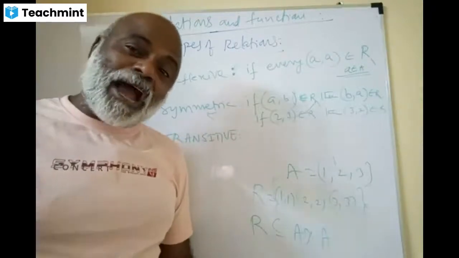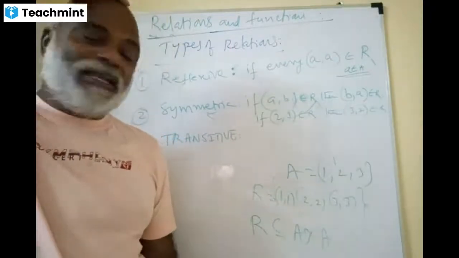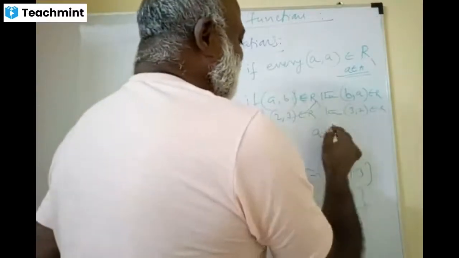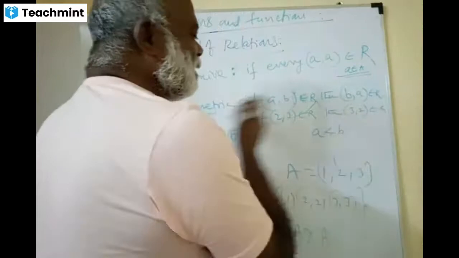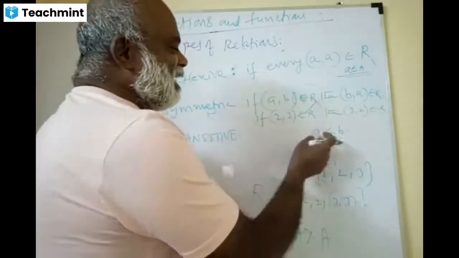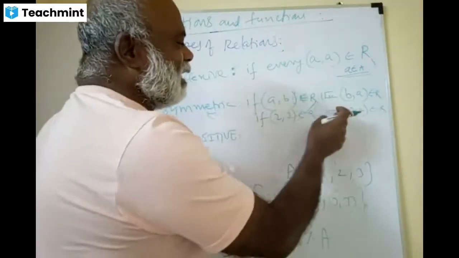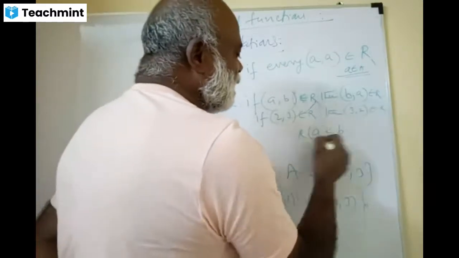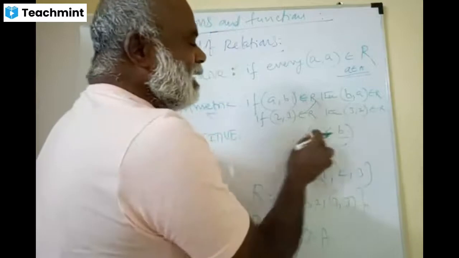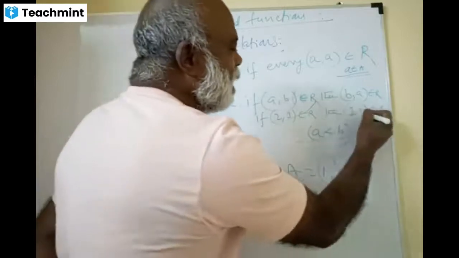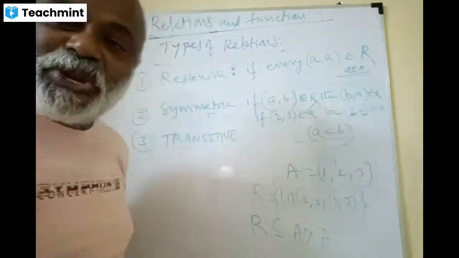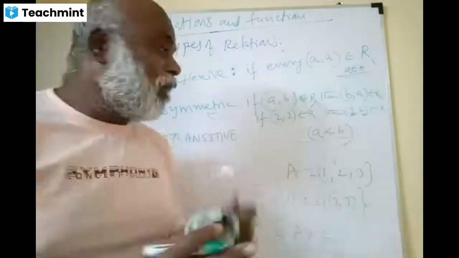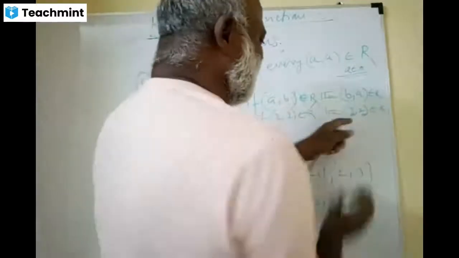It all depends on how you define a relation. Suppose I denote a relation like this: a is less than b. Then R cannot be symmetric. 2 is less than 3, but then is (3, 2) also in R? My relation is defined as a is less than b, and 3 is not less than 2, so it does not belong to R. Therefore, it is not symmetric. So you have to follow the symmetric rule like this.